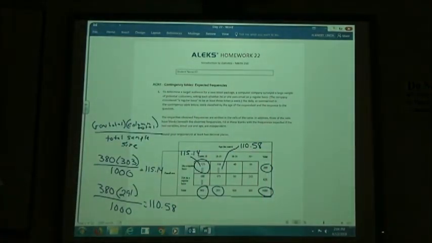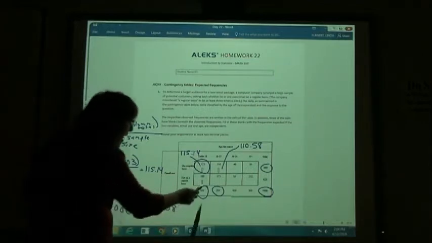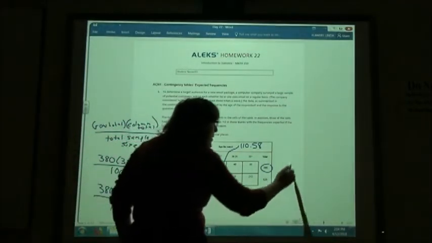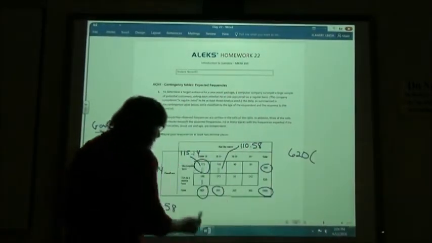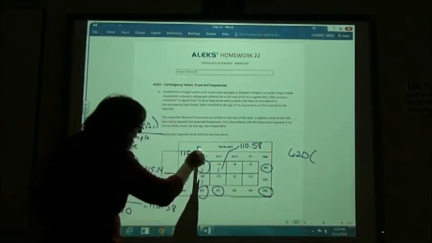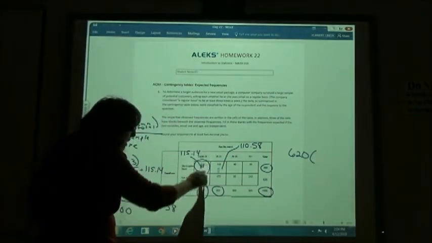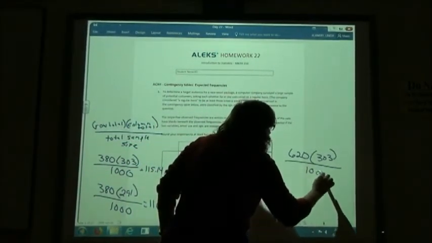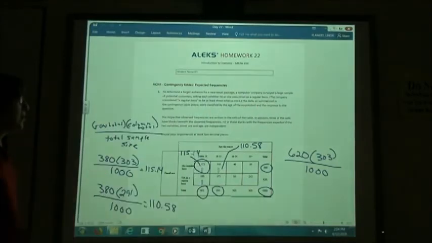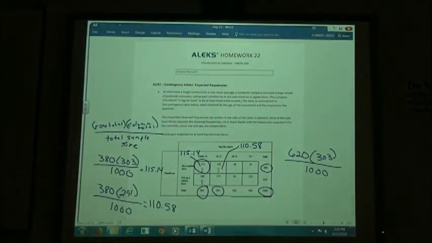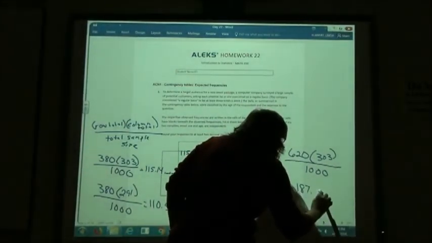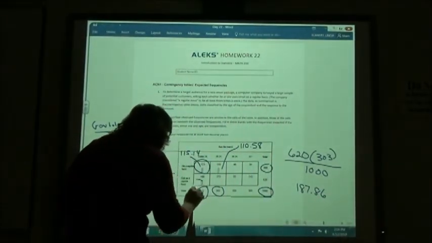And then they're going to have you do a third one. On the third one, now I'm down here for not on a regular basis. My row total is 620. My column total, I'm still in the under 18 column, so I have my 303, and I'm dividing it by my total sample size, which is the 1,000 on all of these, since it shouldn't change. So if you punch in 620 times 303 divided by 1,000, you should come up with 187.86. So this box right here,